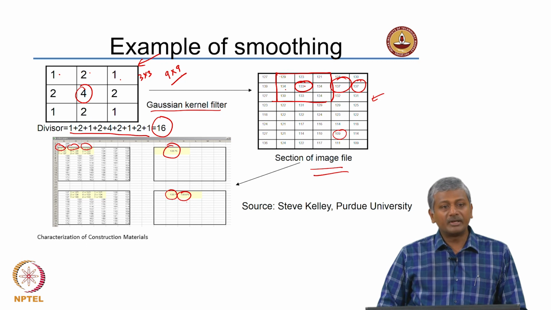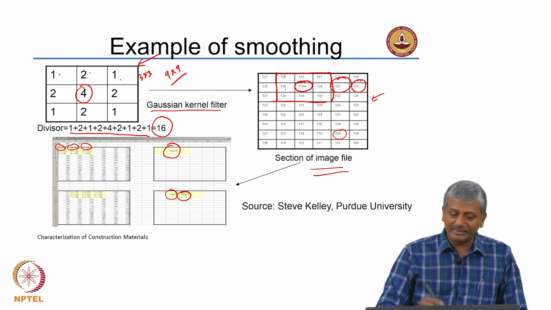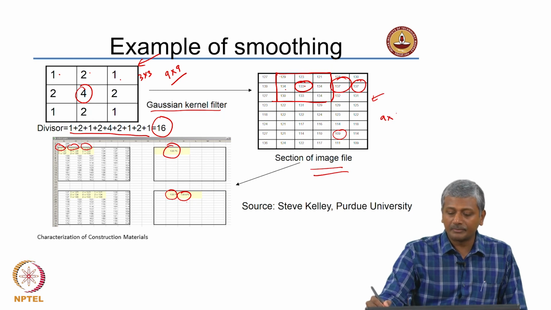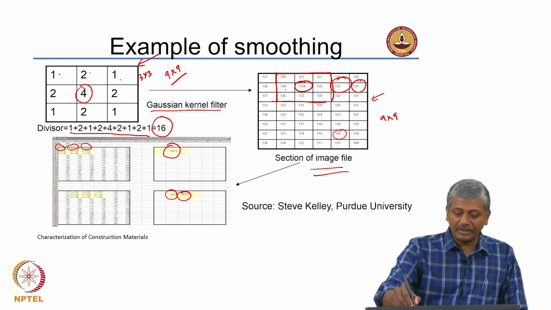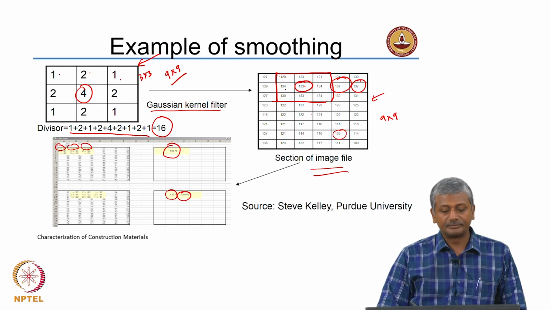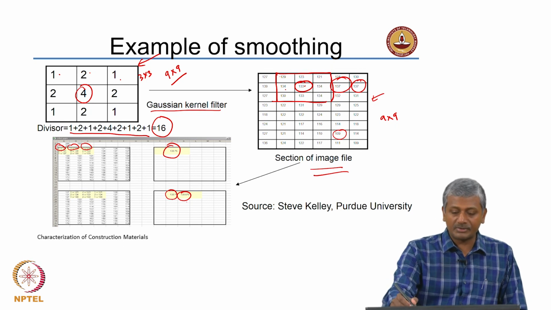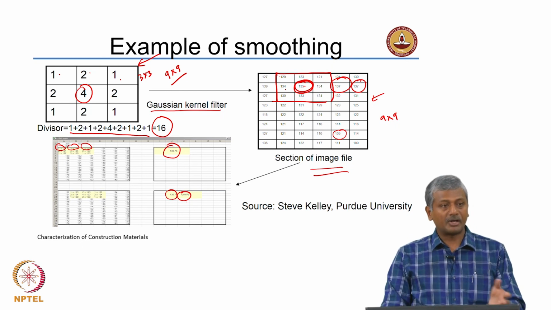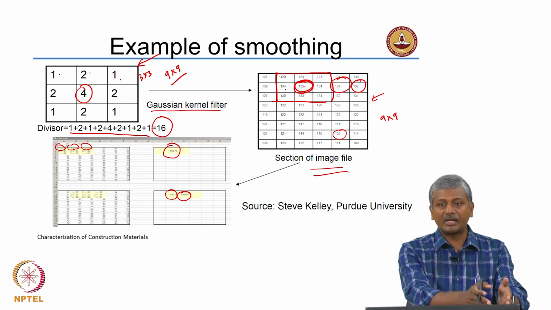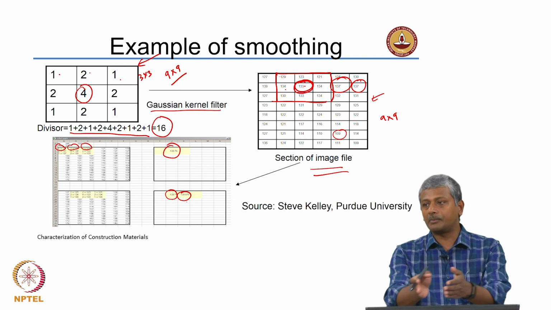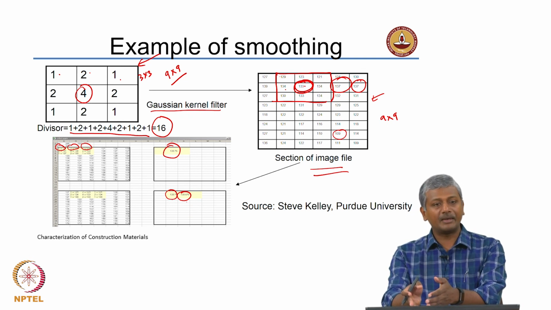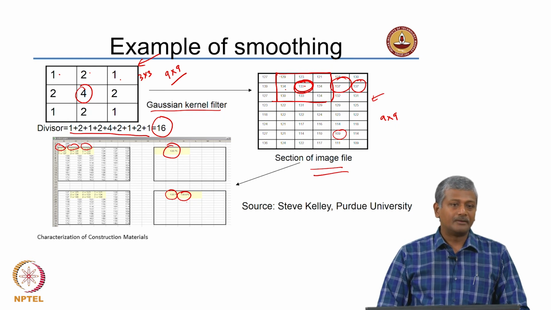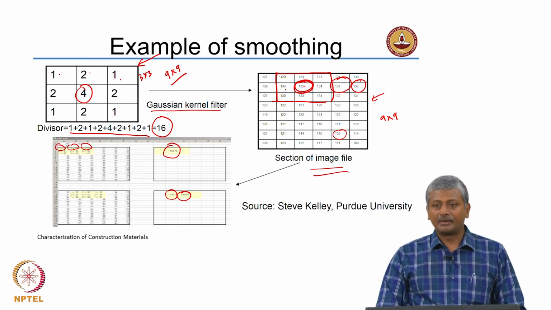Okay. So, in a 9 by 9 matrix, again you are doing the same thing, but you will be operating over a 9 by 9 size of the image and giving that value to only the central pixel. Here 3 by 3 was operated upon and you got the value which was multiplied, I mean each value in the cell of the kernel was multiplied by the value in the cell of the image, and the total sum was divided by 16. That was the total divisor, right.